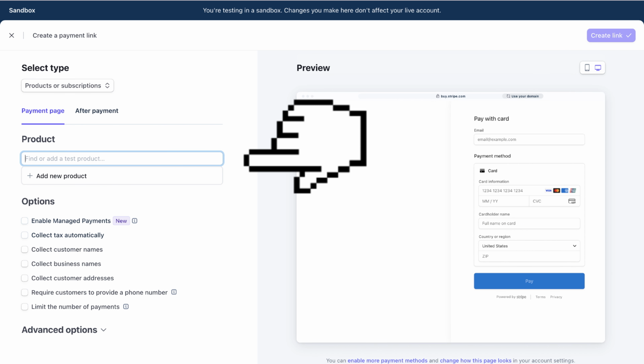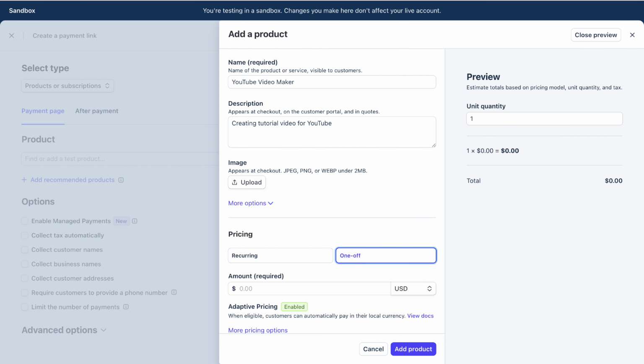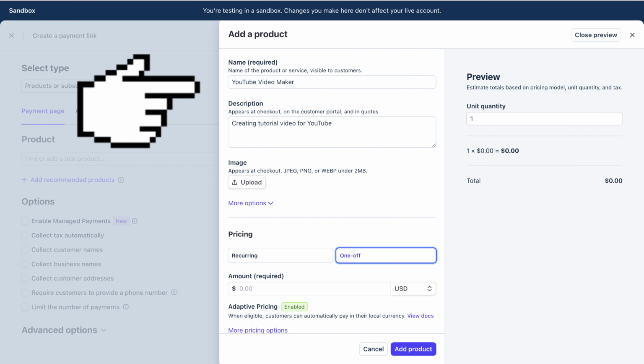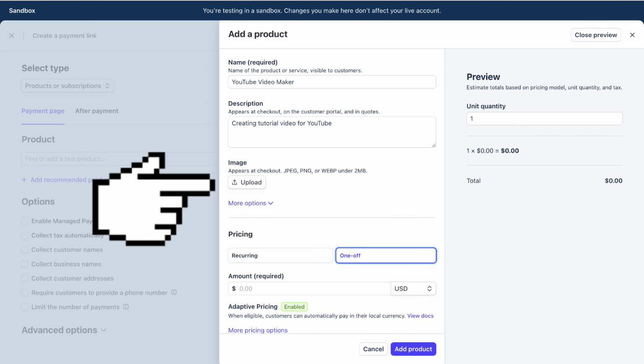After that, you may choose your product if you already have any, and if not, you want to click on add new product right here. This tab will appear and you may add a new product. So you may add a name of the product or services, add a little description to make it more convincing, and then add an image if you want to get the customers have a more clear idea of what they